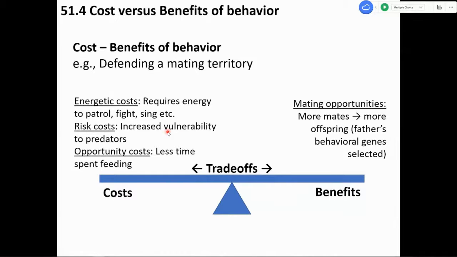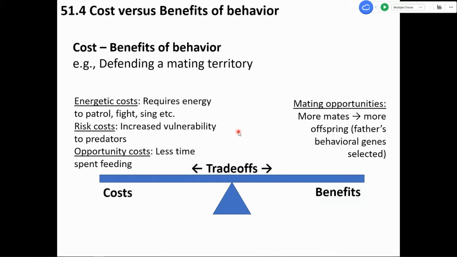So in terms of this evolution of behaviors and the benefits ecologically and adapting to your environment, this can be thought of as a cost-benefit analysis, something we talked about in a previous lecture. So behaviors have certain costs and they have certain benefits. For example, if you're a male defending a territory or a bird singing to defend a territory and attract mates, the benefits are that by doing that behavior, you attract more mates and you can produce more offspring. Okay, so those genes will be selected.